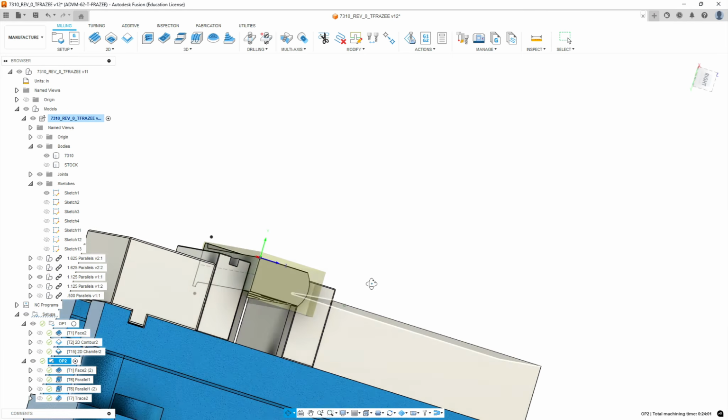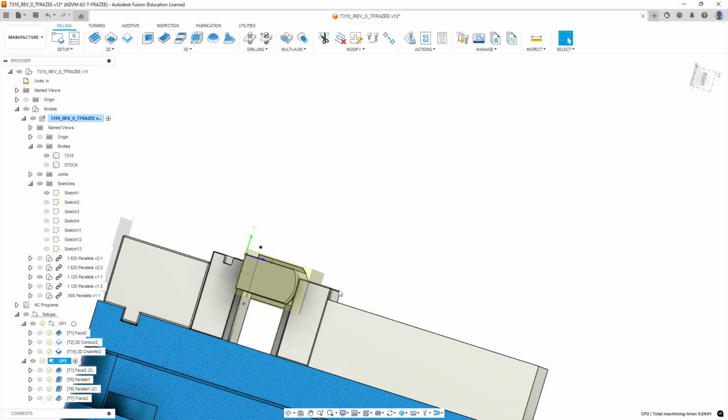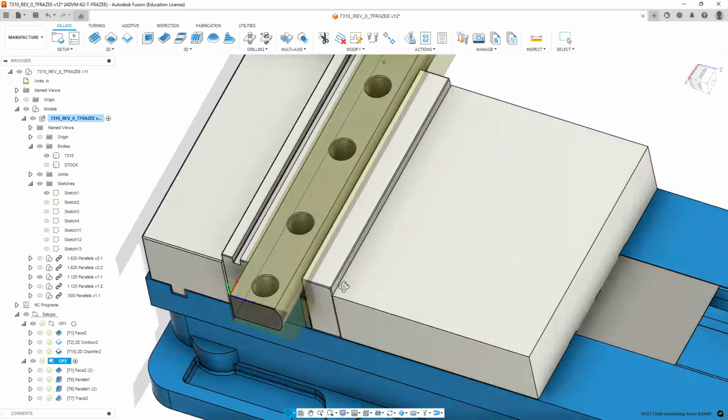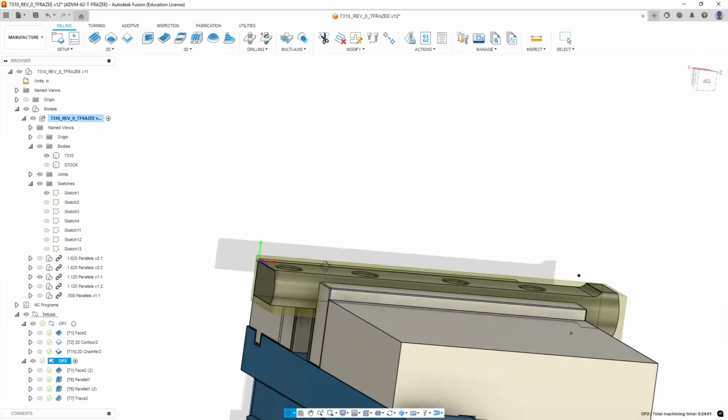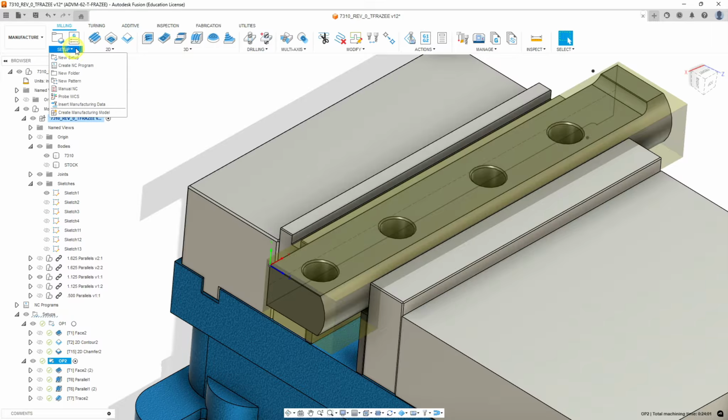And so we should be using the 1 1/8 parallels. The main thing is that the crest of this arc is on the rear vice jaw. Okay, we're going to do our new setup. So we're going to go new setup,